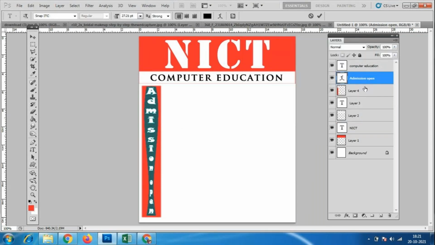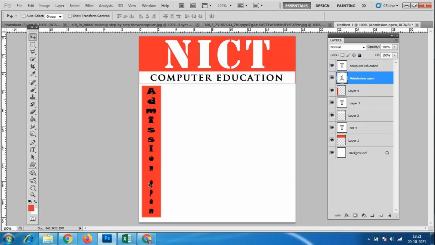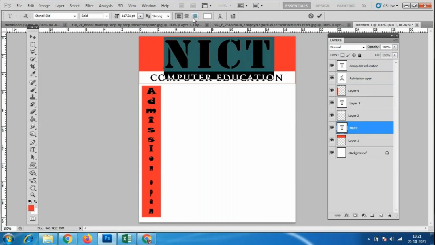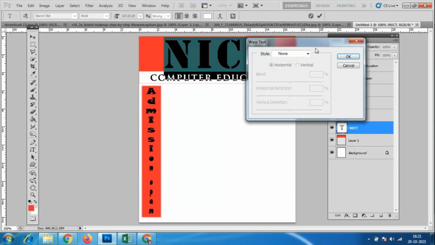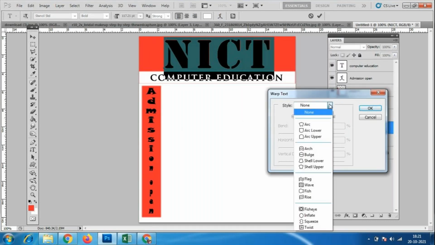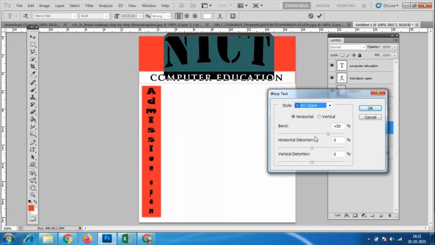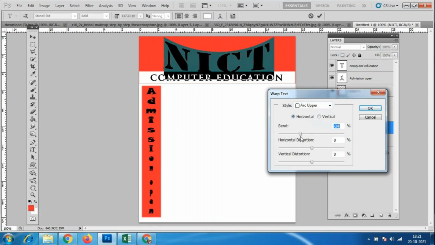Okay, so I have applied these. It is a little thick over here, and the text becomes thin here. Again, for this text also, double click on the T, then only this option will work. Here again, arch, when we want to make it go up and down, we can use it.